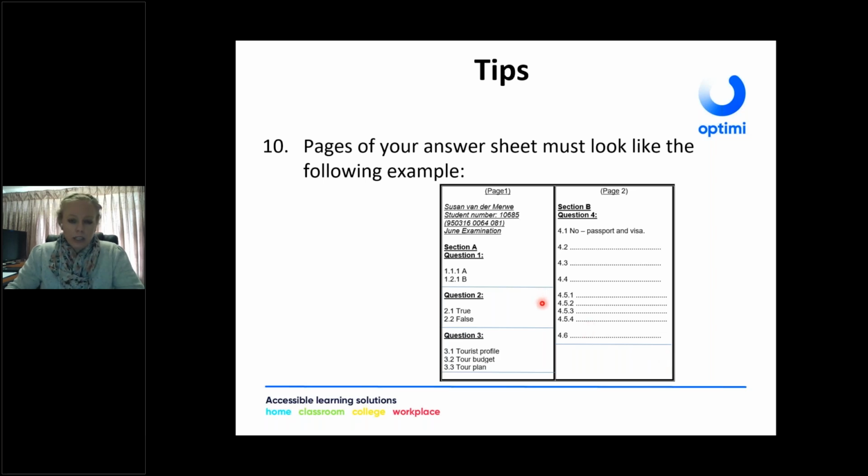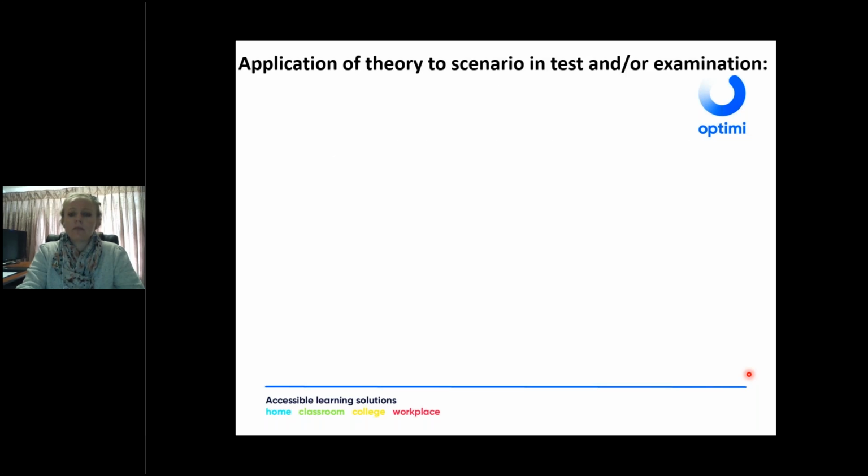So one thing for the English learners, please make sure that you number your questions correctly. This is very important, because if you say, for instance, 4.6 and you've given a wrong number, for instance you write down question 4.5 answer here, it won't be marked correct. So make sure that your numbering is also correct when you do answer your June examination papers.